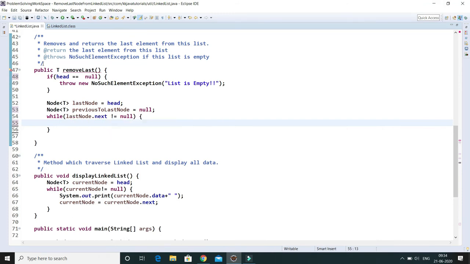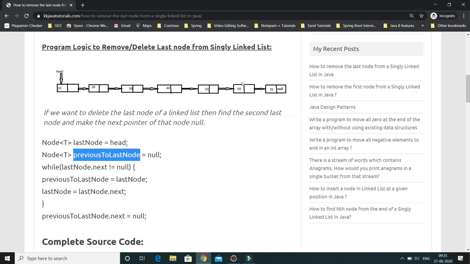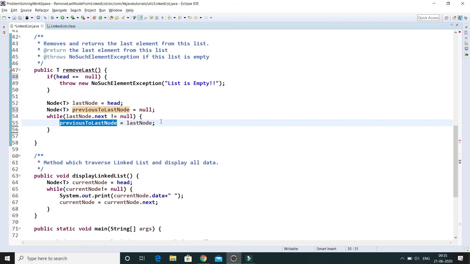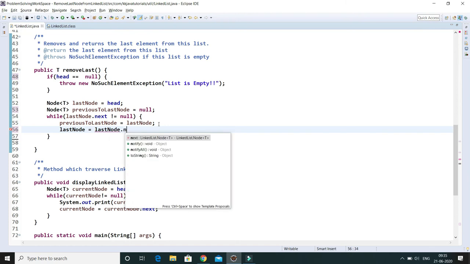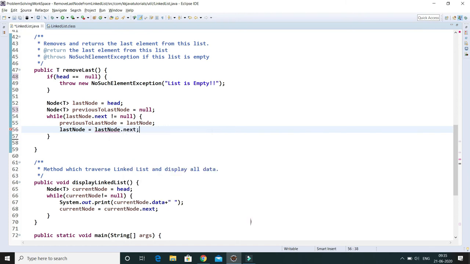Now in previous, always we have to set lastNode, right? So here my intention is to basically save the second last node into this variable, right? And now of course we have to move lastNode equal to lastNode.next. We keep traversing till the end of the loop, right?